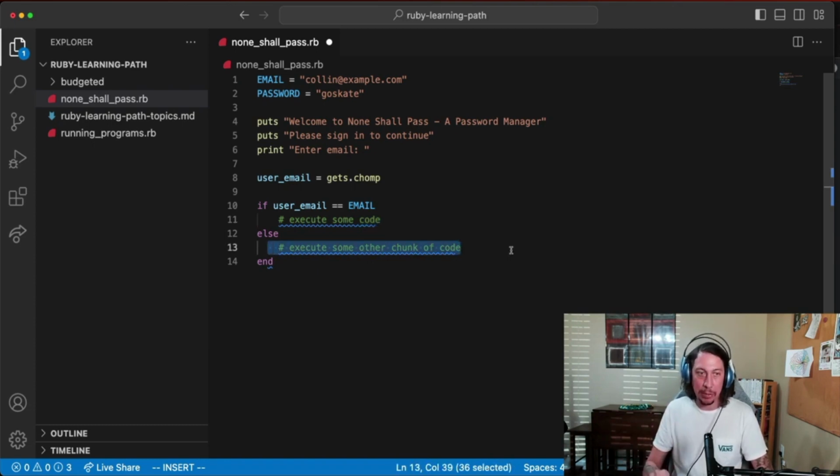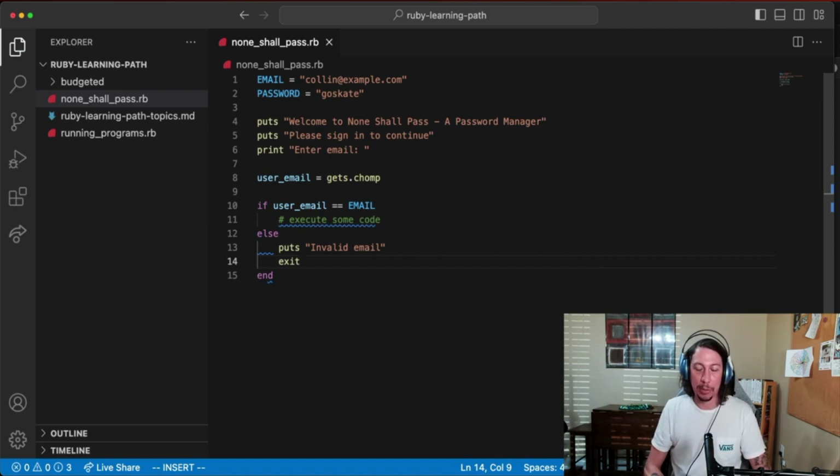So let's fill out this else clause here. The first thing I'll do is get rid of this, and then let's say else. Let's do a little puts statement here and just say invalid email, and then we can type exit here. If we save that and then go back to our terminal,